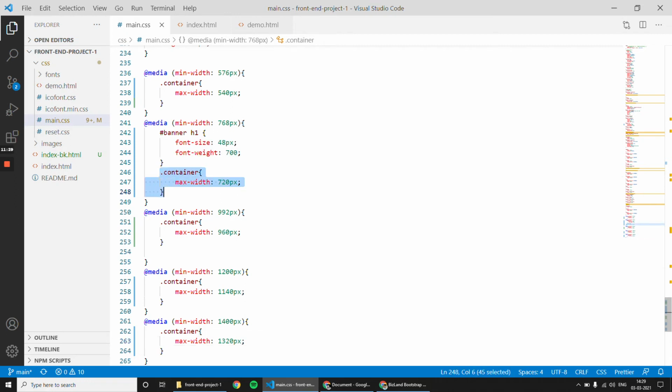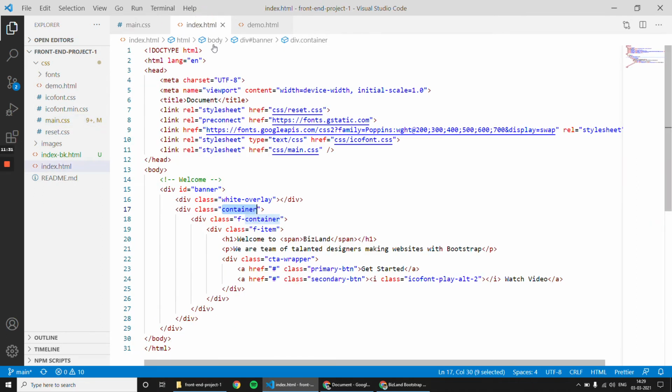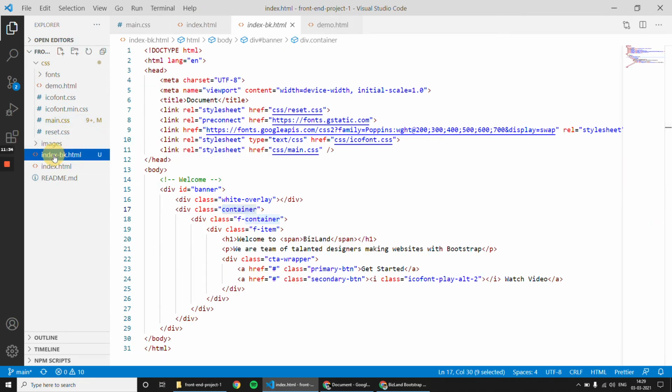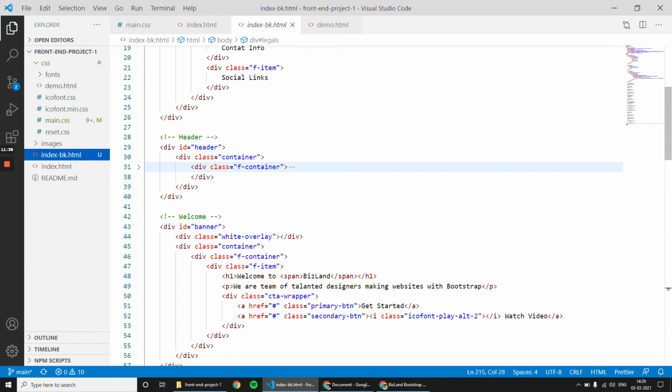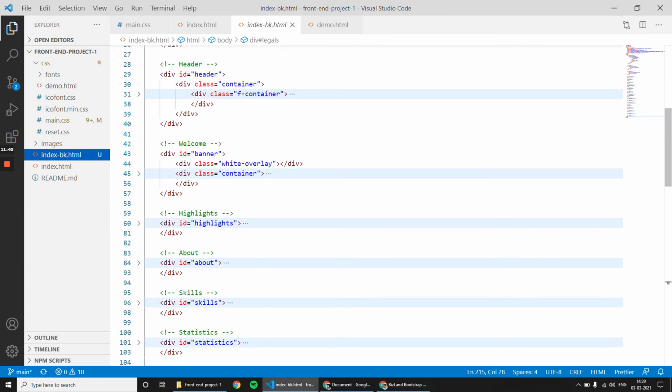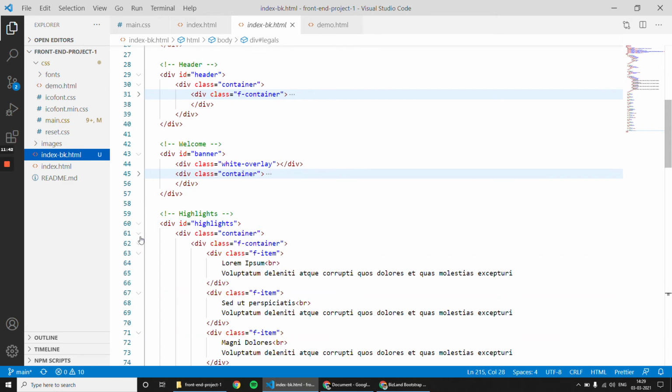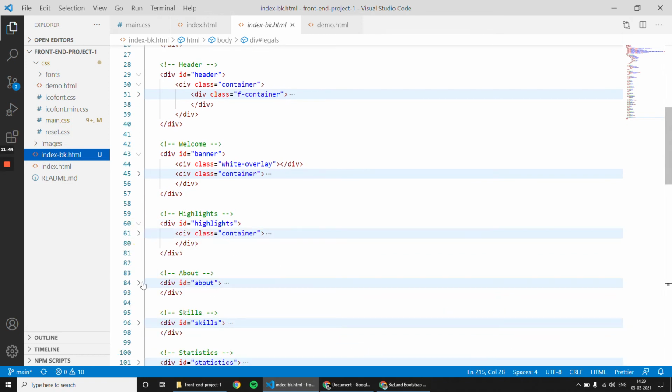The container is a common class. You can go back. We have deleted the other section code. If you check this, the container will be available for all sections. So the container part is over for every single section.